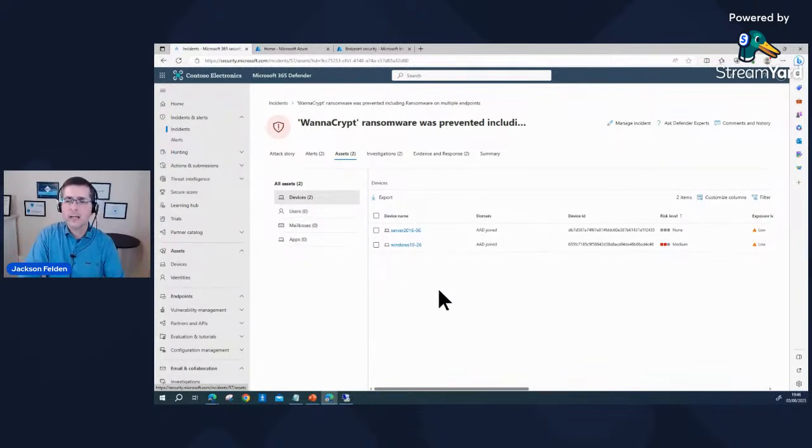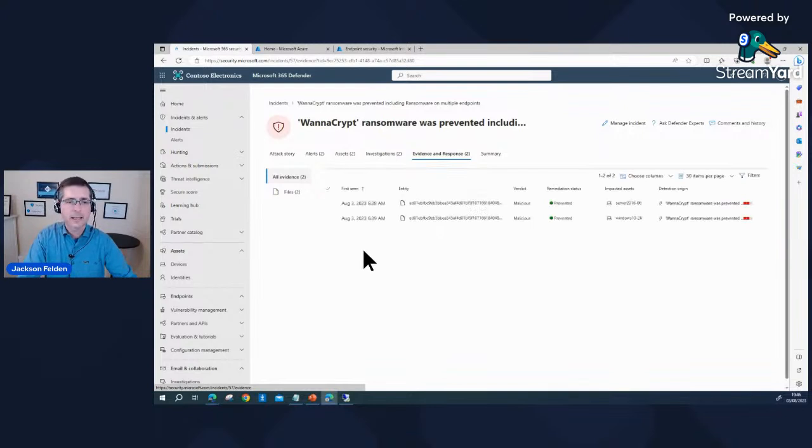That is peace of mind for us, especially when doing an investigation, to get to know the places I need to check. And then here again, one more time, what is the evidence? Could be files, could be registry keys, could be different things. And in this case, it is the file coming from those two devices. Anyway, that's the bit from Defender for Endpoint itself throughout the